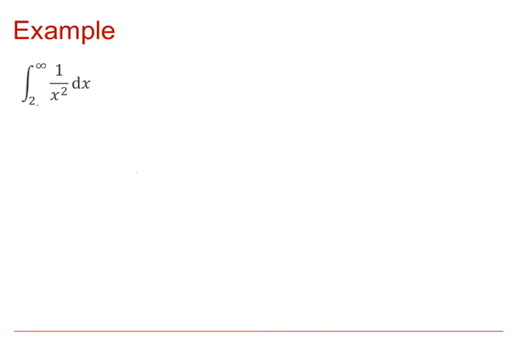So as we saw in the GeoGebra file, we'd like to integrate the function 1 over x squared from 2 to infinity. This can be done by integrating from 2 to a value a and considering the limit of this integral as a gets closer and closer to infinity for 1 over x squared dx. So it's the limit as a gets closer to infinity